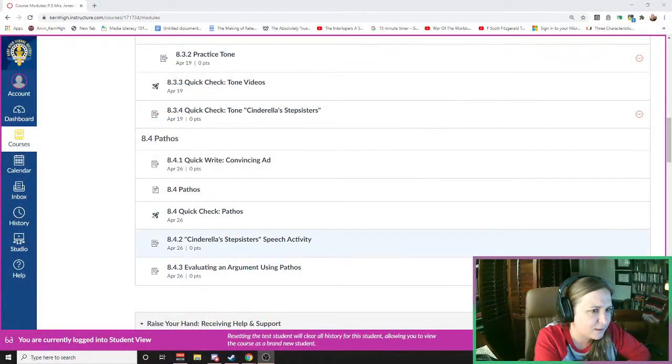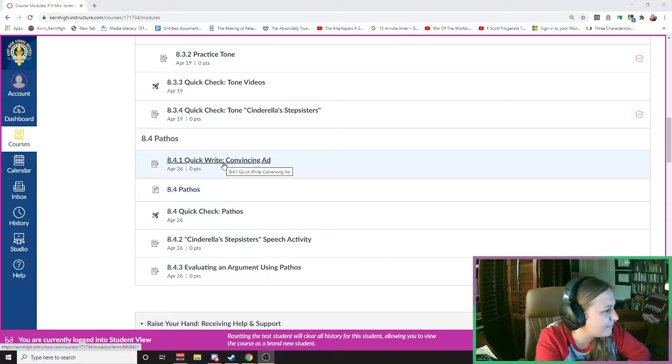And so, this is kind of a higher level concept. I don't usually teach students about the emotional appeals until maybe their junior year. But this is a small little bit that I think is going to be really interesting and helpful to you, and help you better understand where people are coming from when they try to give you a piece of persuasive writing. So, Lesson 4 of Module 8 focuses on pathos.